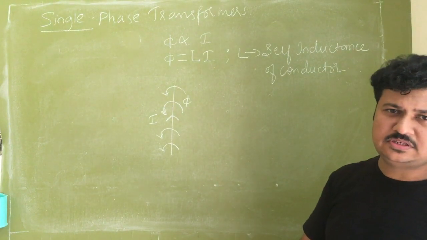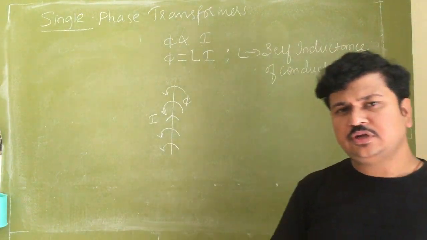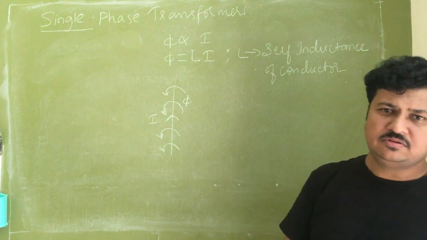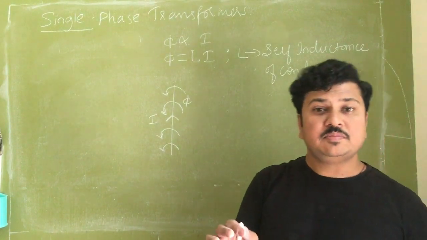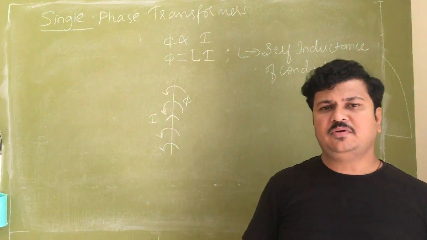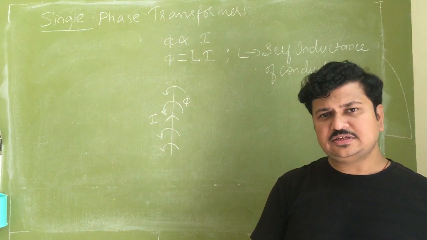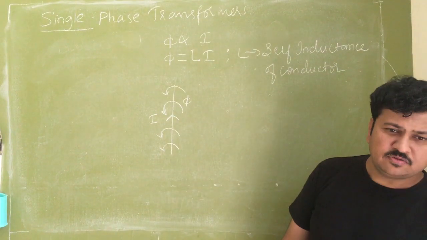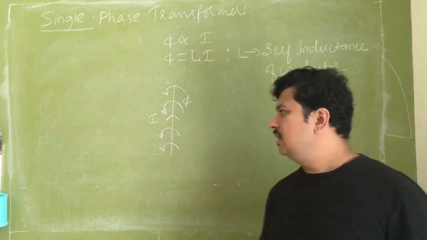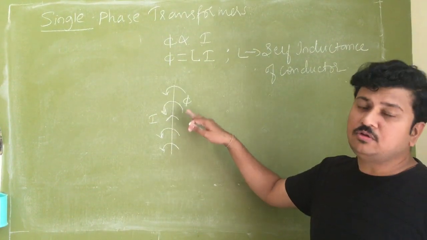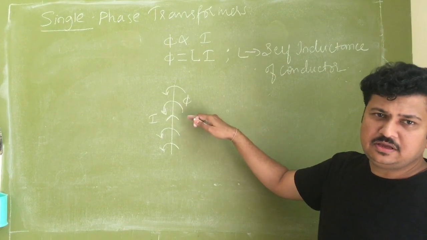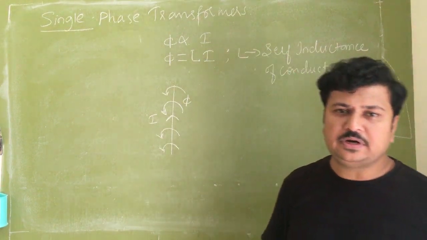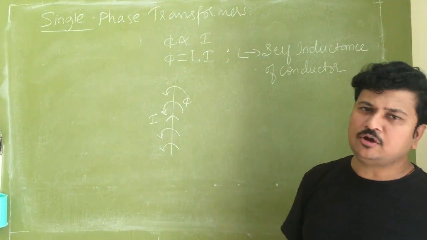The best example for this is our rheostats. We use rheostats in our labs. The rheostatic wire is pure resistance, where the inductance of that wire is made 0 at the time of fabrication itself. So when a current is carried by the rheostat, it won't create any flux around it, because the inductance of that wire is made 0. So to have any flux created by the current through any conductor, that conductor must possess inductive property. This is the first requirement of an electromagnet.